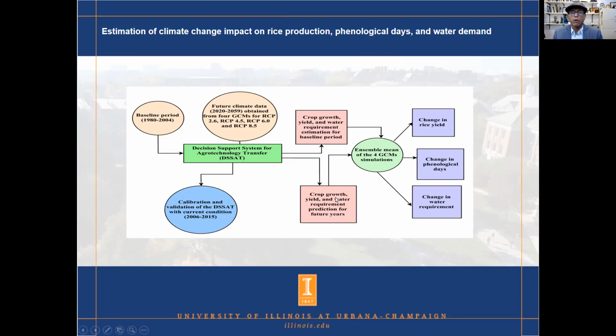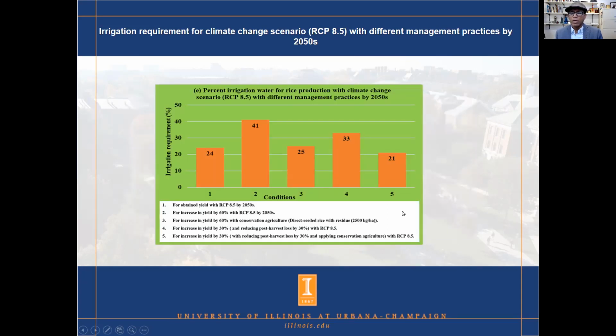And then we do the crop growth prediction and water requirement prediction for the future years. So as a result, you can see change in the rice yield, change in phenological days, and change in water requirement. We got plenty of data, but I'm going to show you only these 3. Let's say for current rice production, we need about 24% irrigation requirement. But if we have to increase the rice production by 60% to meet the demand of the increasing population, we will need 41%